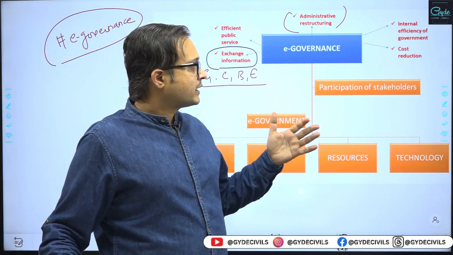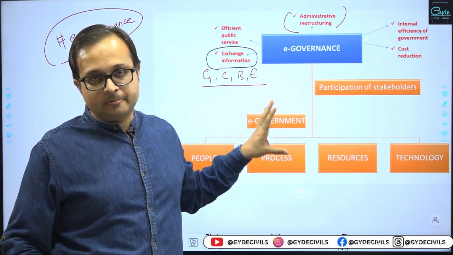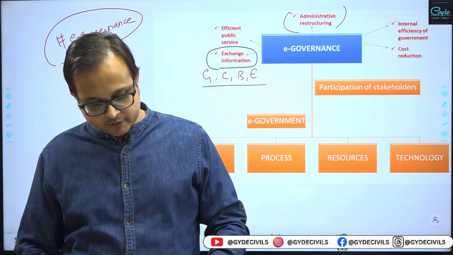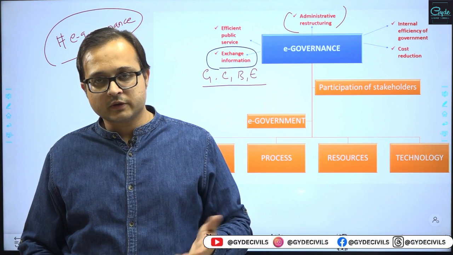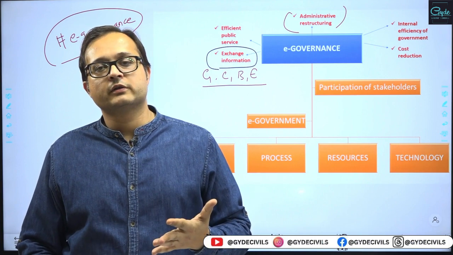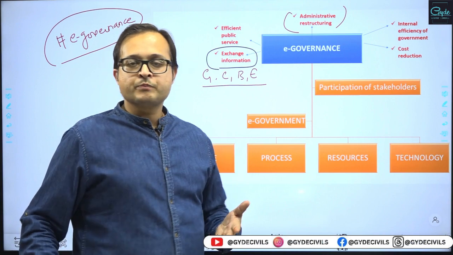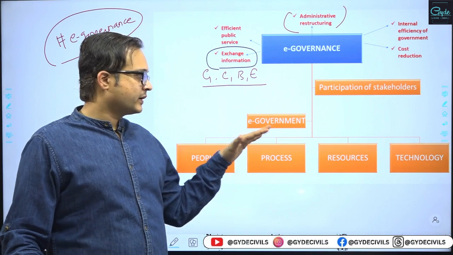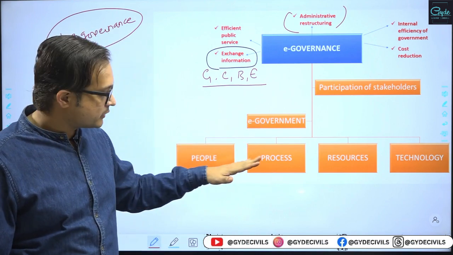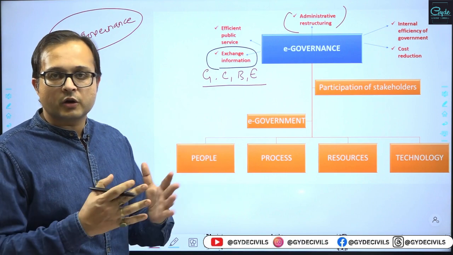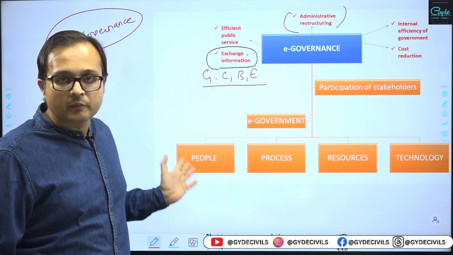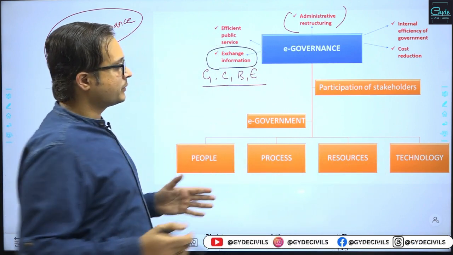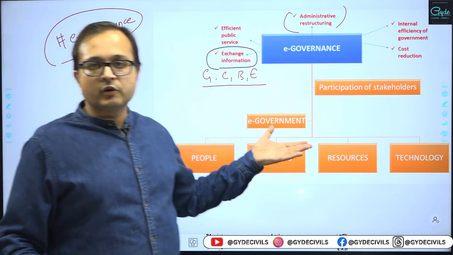Now, e-governance is basically created by e-government, right? E-government is a tool of e-governance which is used for delivery of government services and information to the public through electronic means. When government becomes computerized, or digital, or is brought over the electronic platforms, then it becomes e-government, right? E-government is basically formed of different types of processes, resources, technology. They are all brought together, along with the people who are involved in the governmental processes. So people, process, resources and technology, they all club together, and digitalization of the government takes place.